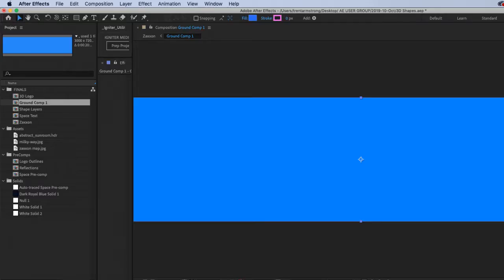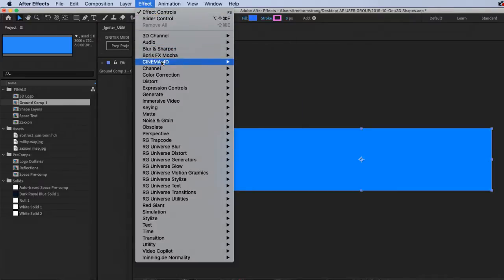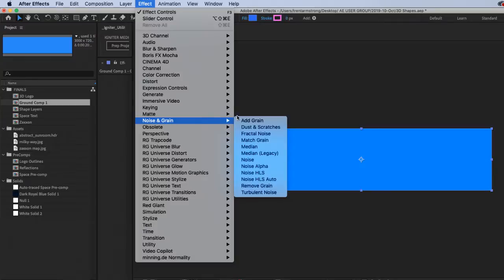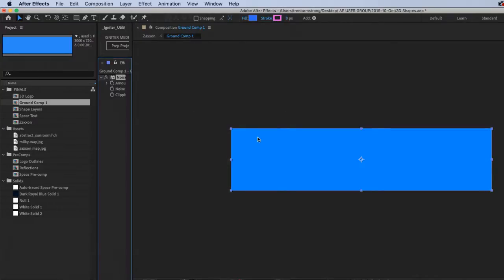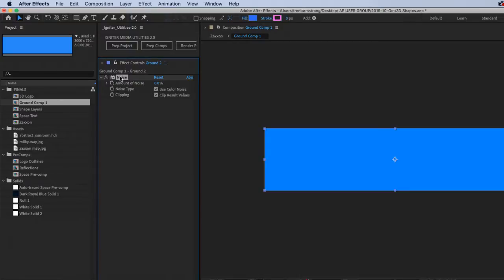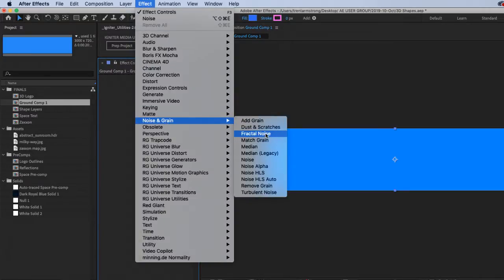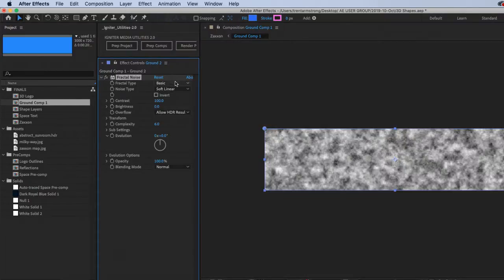And we will add, maybe duplicate this and do a fractal noise like that. Nope, not noise, a fractal noise. There we go.